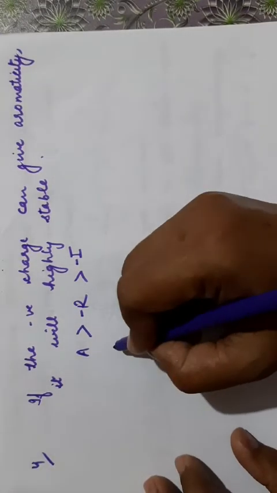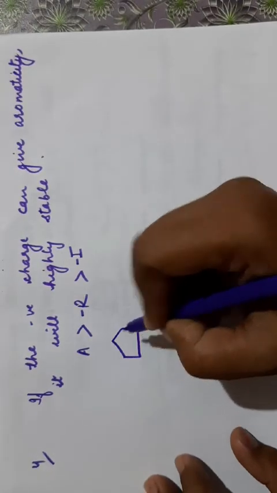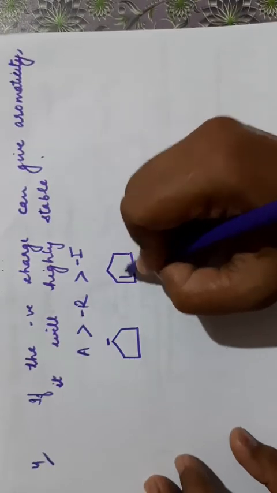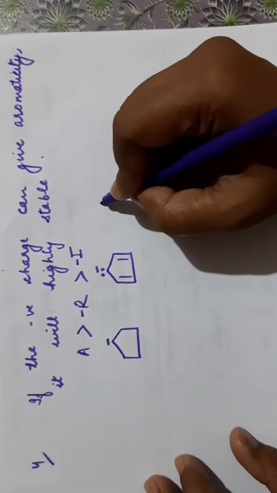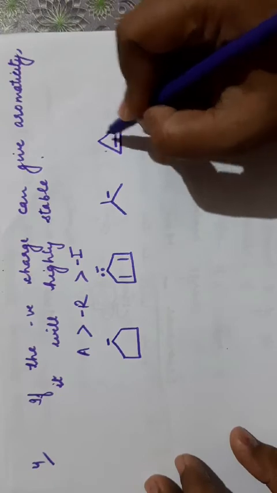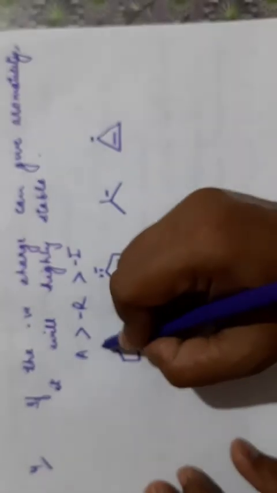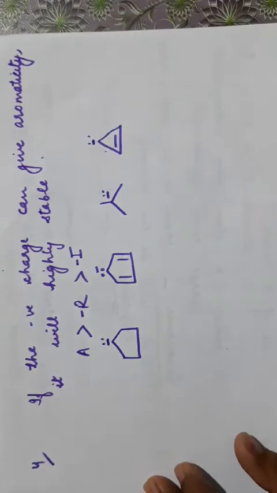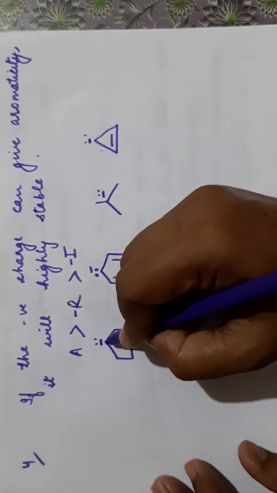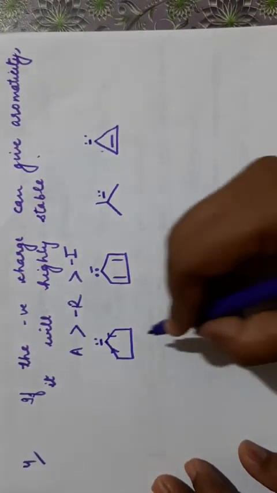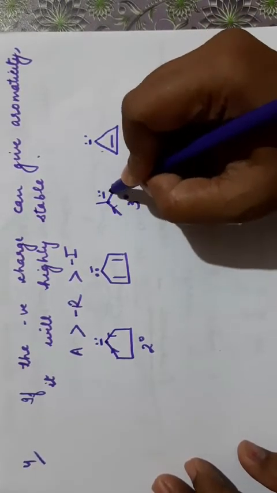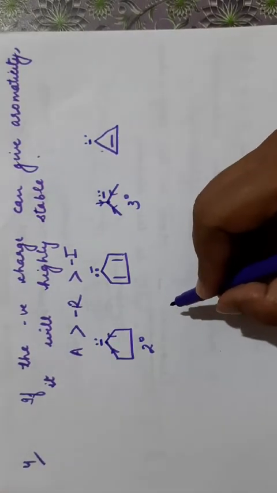Now here we will compare an example. Suppose this is a negative charge here, then another one we have 2 pi bonds and a negative charge here, then a negative charge on this carbon, and we will take the fourth case, this one. Clear? You have to arrange them in the increasing order of their stability. Now first you have to look at what effects are operating here. Here, at this carbon there is a plus I effect, and it is a secondary carbon, 2 degree. Clear? This carbon is 3 degree and there is a plus I effect again operating here. Now plus I effect destabilizes the carbanion.